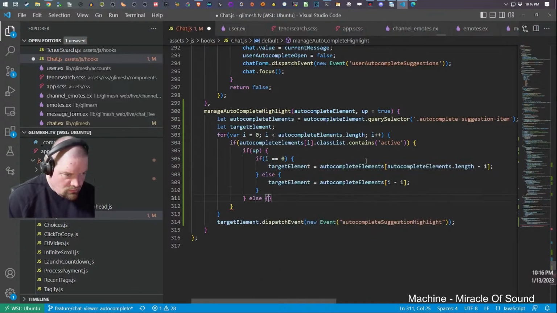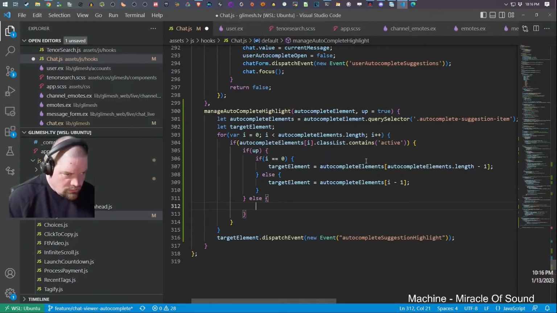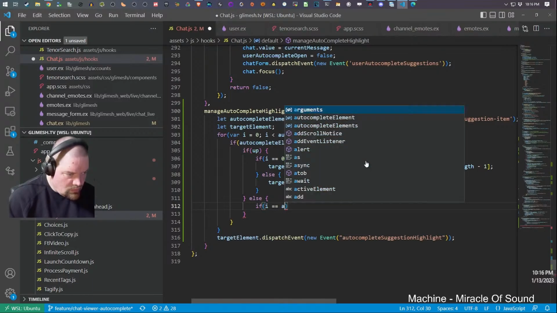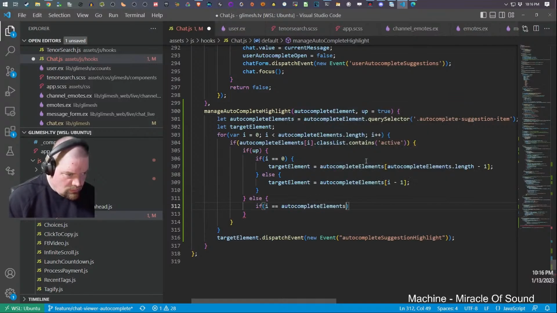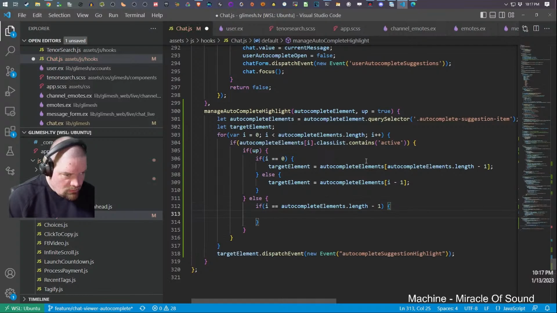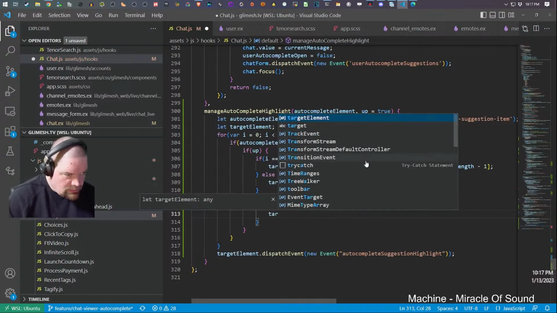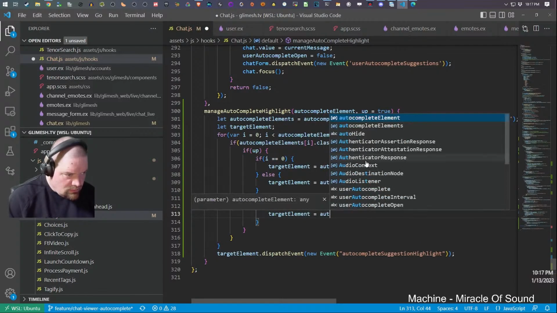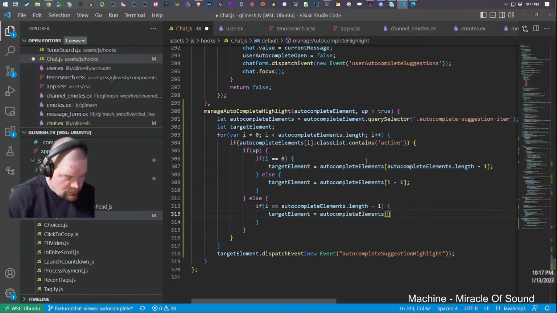Otherwise, we're going down. We'll say if I equals autocomplete elements dot length minus 1, then target elements equals autocomplete elements 0.